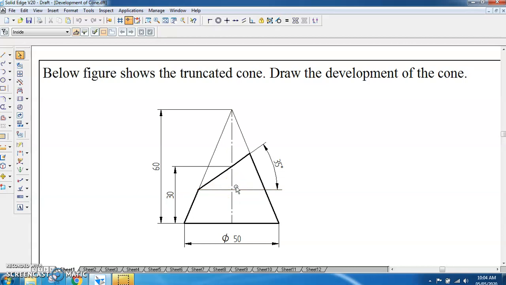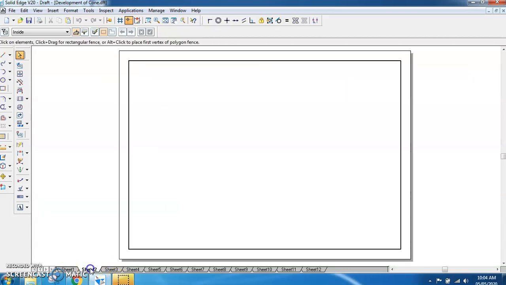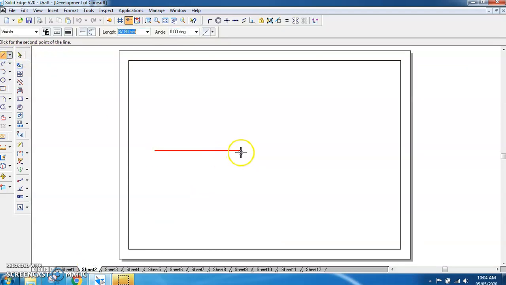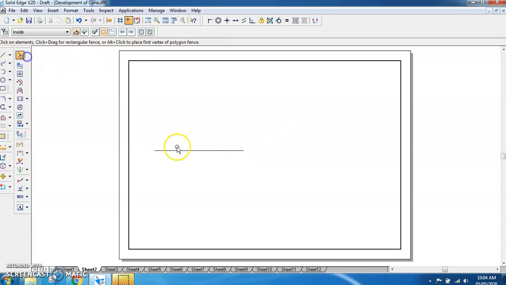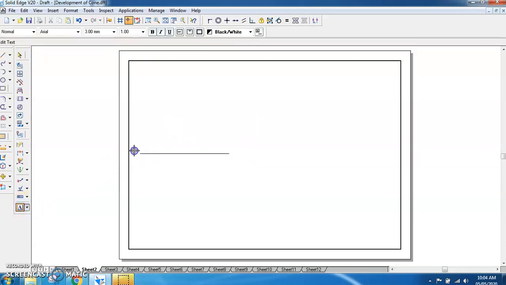So again we have to start with the top view and the front view of the same thing. So to do that we'll go to the next page where we can start with the line, that is XY line. You can have XY line here. Then you can name this as X, this as Y. Then you can have HP, VP as well. So above XY is VP, below XY is HP.